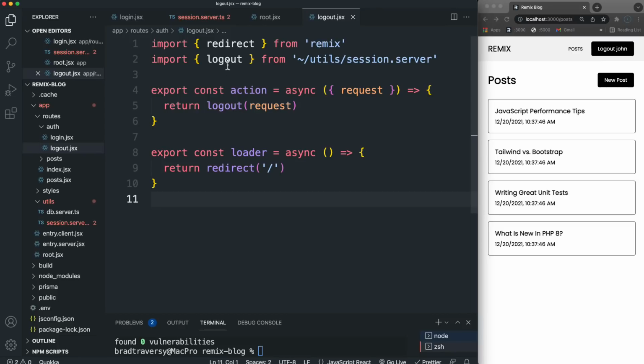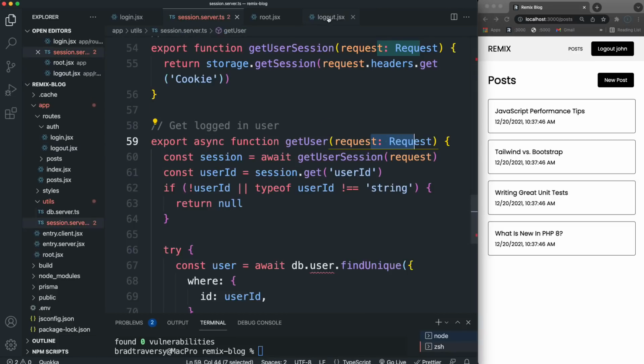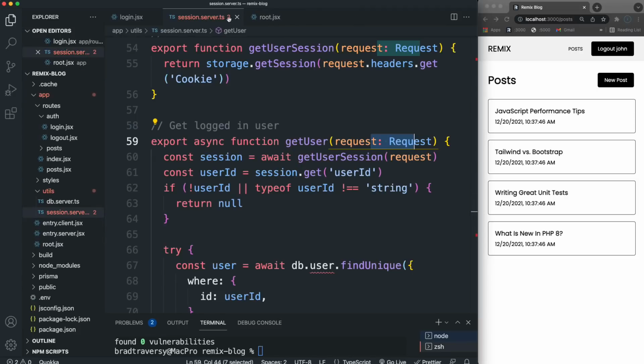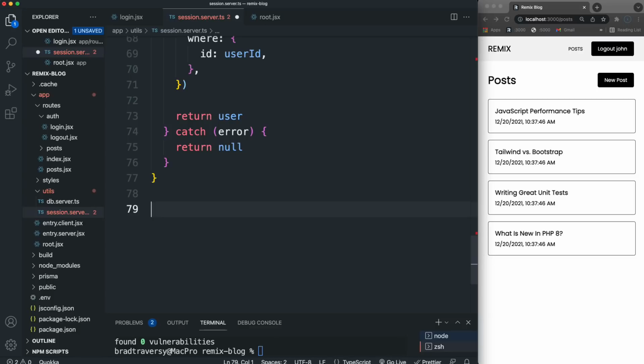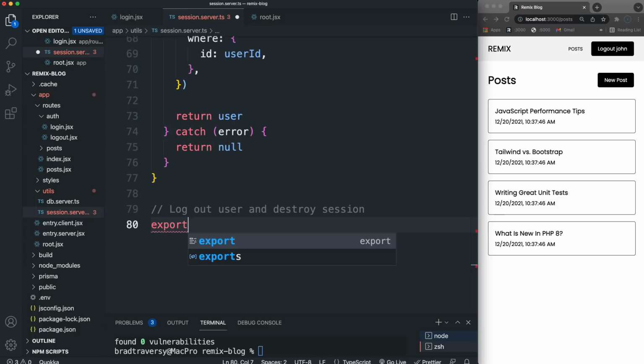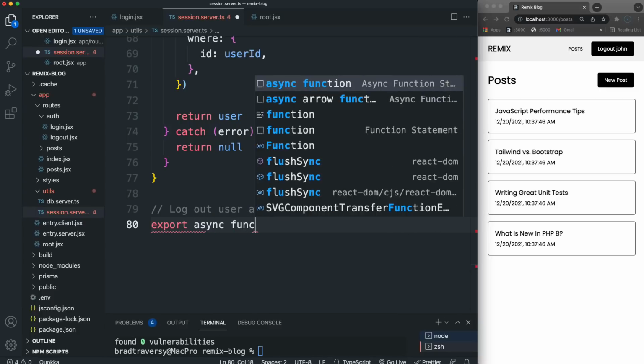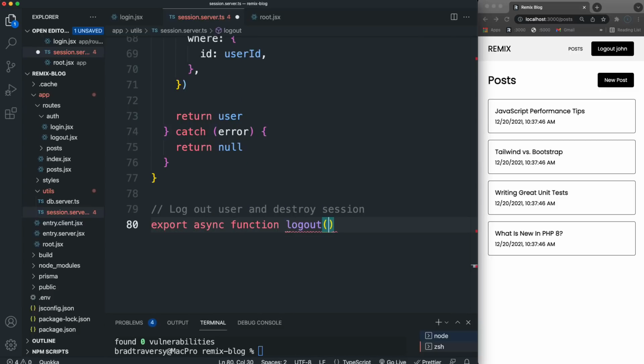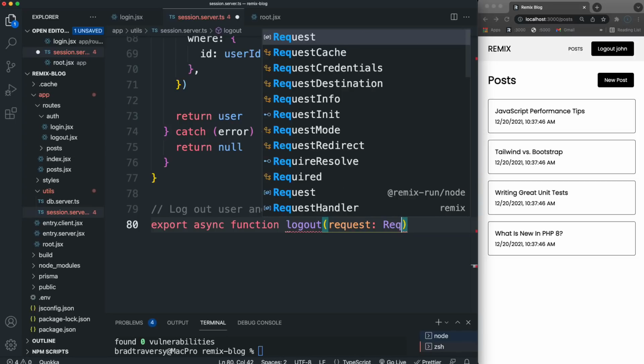All right, so now we need to create this actual logout function so that when we submit, it calls that. So let's close up the logout.jsx. Let's go back to our session.server, and then for the logout, we'll go down here, let's say logout user and destroy session. That's really what logout is. So let's export async function logout, and this is going to take in request with the type of Request,